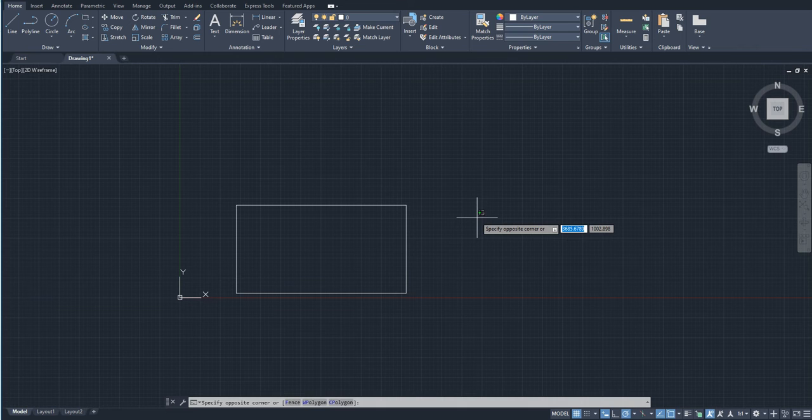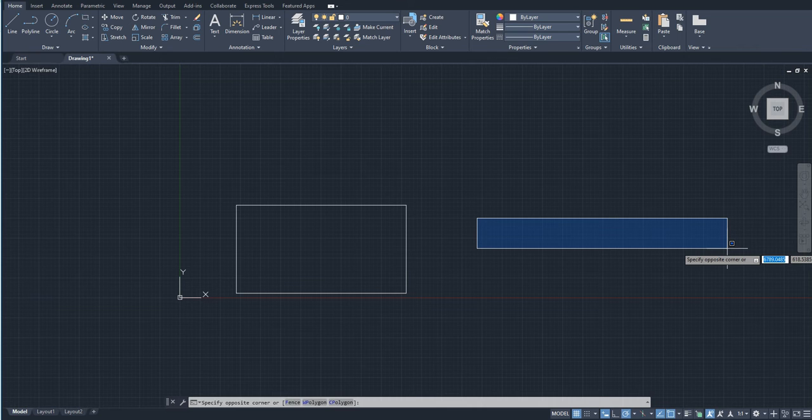If I left click, the shape of the crosshair has changed again. It's 4 lines intersecting each other with a small box and a green dot in the top right side of the cursor. This is basically the icon for selection. So if I move the mouse towards the right hand side, you can see that a solid blue